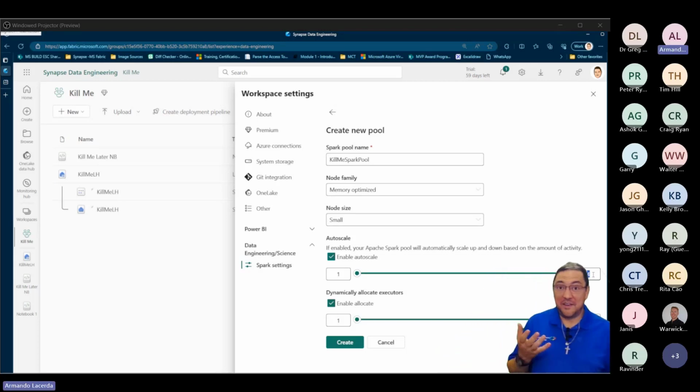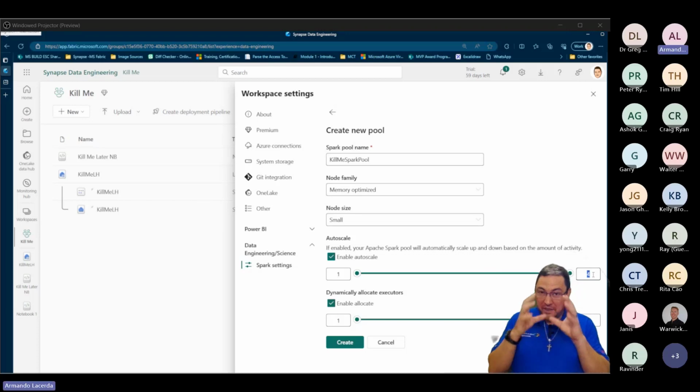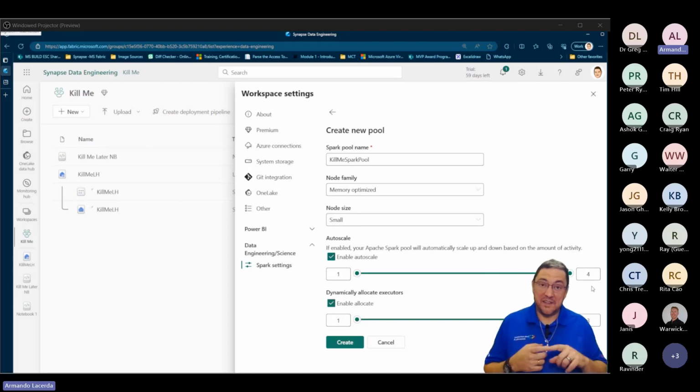And the answer here, you probably already know, right? If you think through it, you can imagine it. This Spark pool I'm creating is associated to my workspace. And whatever my workspace is capable of processing is associated with that capacity in Azure. So if the highest number I can have in here is just 4, it is because my capacity is limited to 4 cores. F8 is half a core for each one of them, so 4 cores is the maximum I can have.